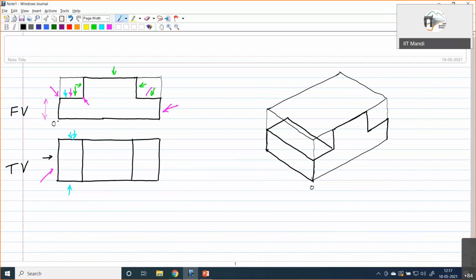Again you move in the vertical direction from here, the top location marked, and the edge corresponding to this point over here we get by joining these two.